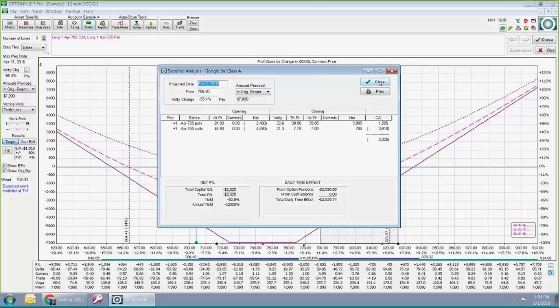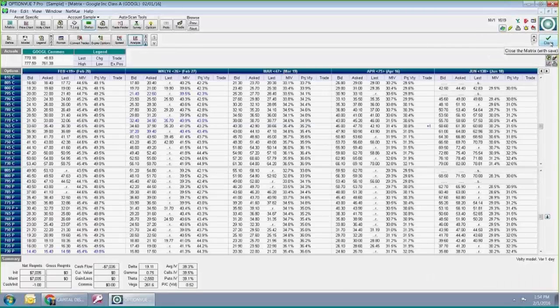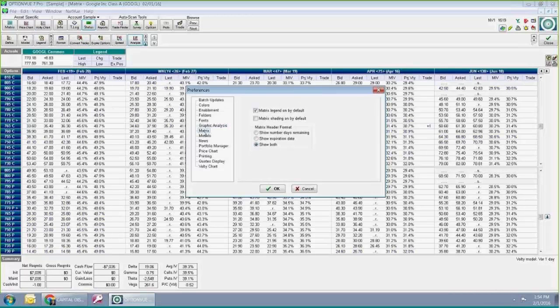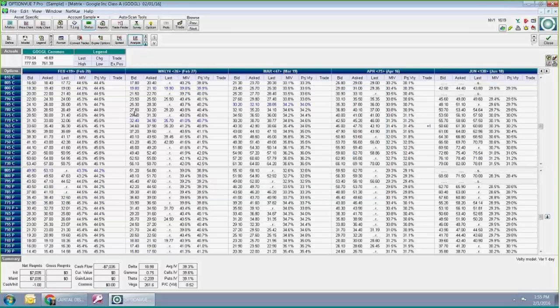The app price. Now, what if you don't want that? What if you think, I just want to see it without volatility dropping? You can actually do that in preferences in this matrix. Let's see, models. Under models, regarding the horizontal skew, automatically model the volatility ramp up and drop associated with next earnings announcement. In the week or two before an earnings announcement, each day volatility is rising slowly until you get right up to earnings, and then after earnings are announced, it drops. But if you uncheck this,